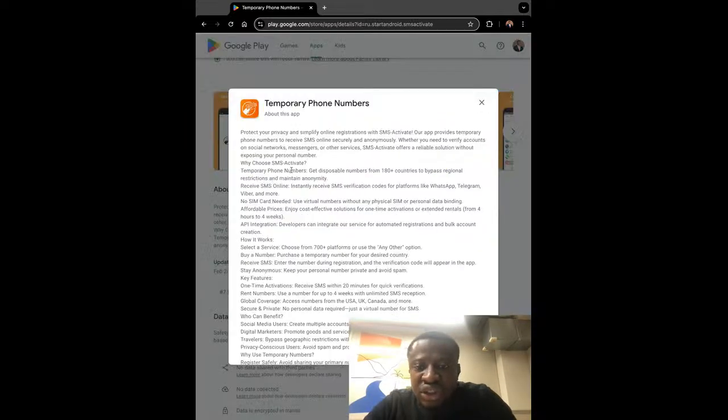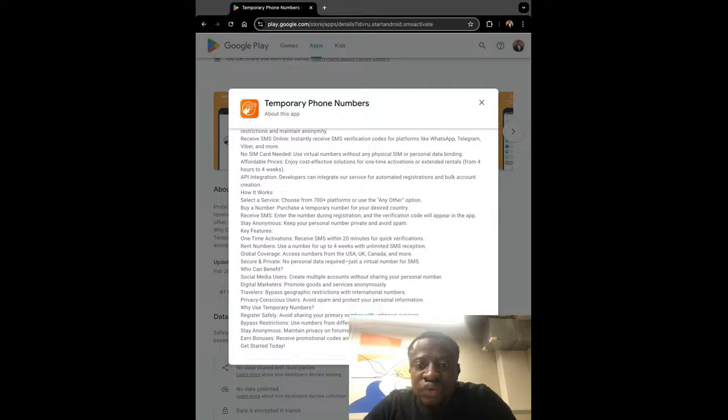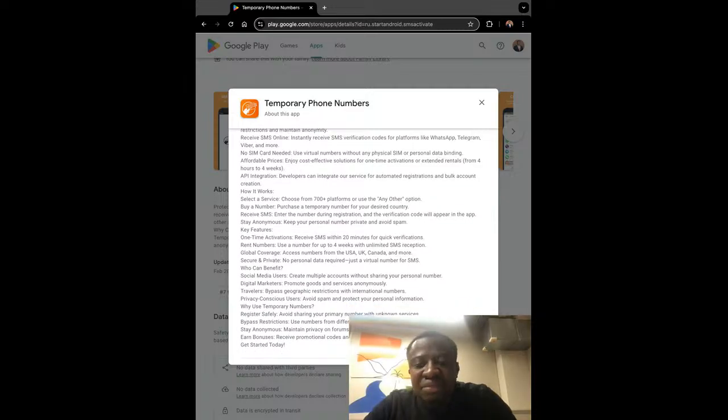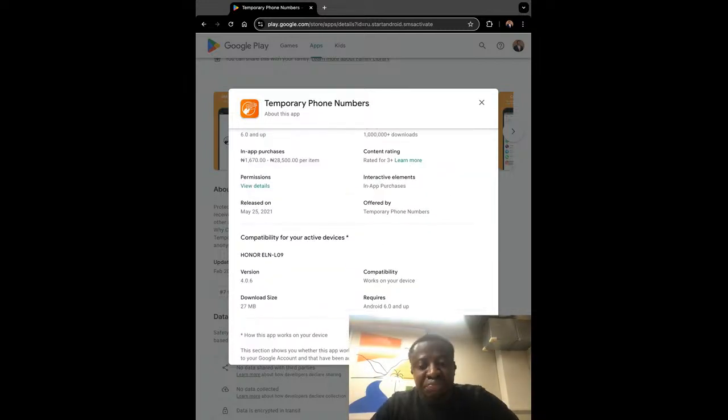About the app, let's just click on it. So for example, you need a phone number to set up an account somewhere, like a social media profile or a creator account. If you have a business and you're foreign to that place, it's not easy for you to buy phone numbers. You can use one of these services to buy a phone number so that you can register it and use it to access services and features in that country. So that's basically it.